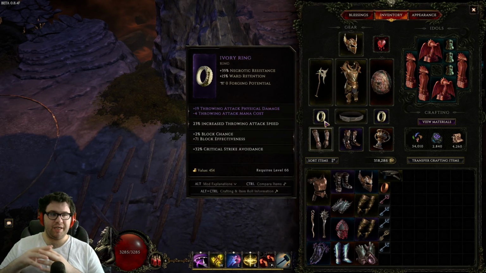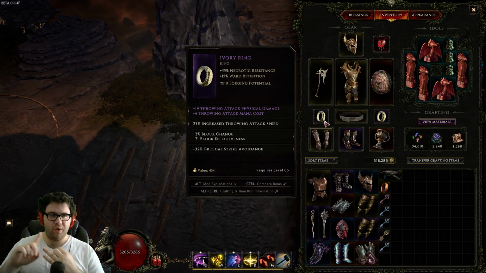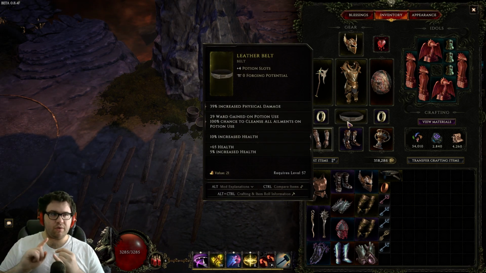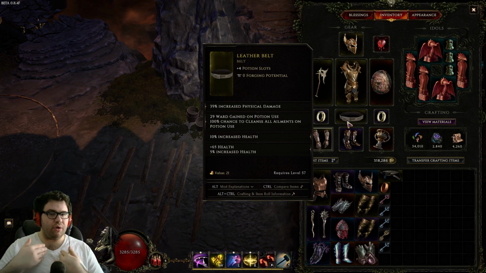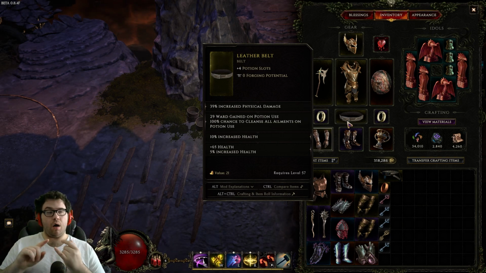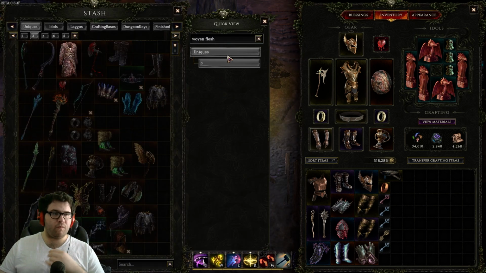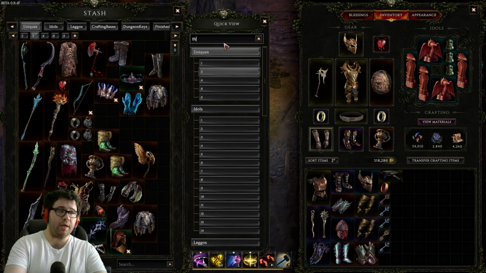Then Ivory Ring here with same stuff: crit avoid, block effect, stuff like that. Belt: fizz damage. You can either run mana regen here just to make sure that you're staying up on mana. Then, of course, cleanse, HP. HP is a good belt. For the belt, you definitely want a